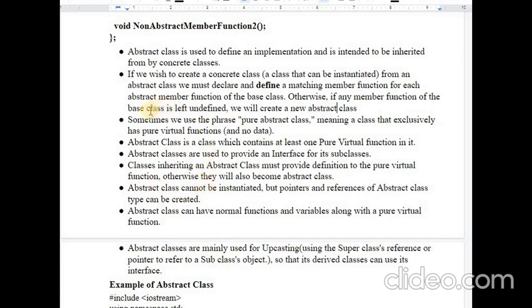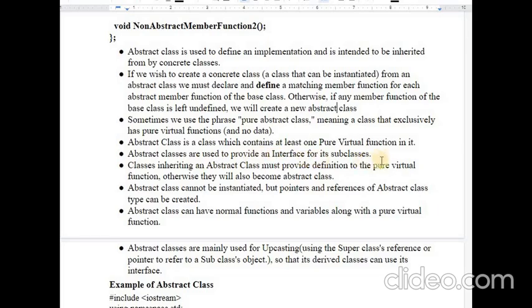So the pure virtual function declaration is there in the base class. If we are deriving any class from the base class, then the derived class has to implement, or write the definition for, that particular pure virtual function. If that derived class fails to write the definition of that pure virtual function in its own body, then that derived class also acts as an abstract class. So you cannot create an object of that class too. A minimum of one pure virtual function will be there, and that class will become an abstract class.